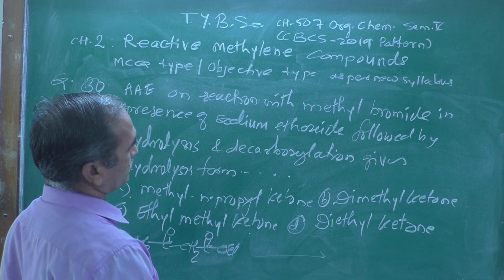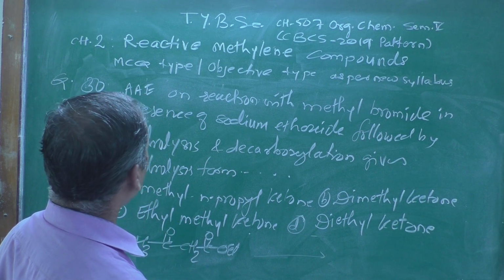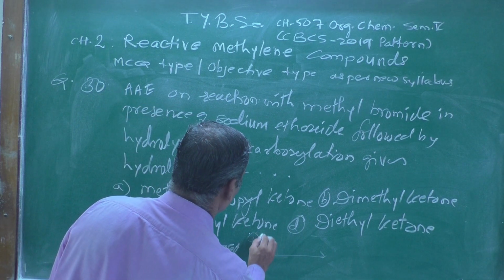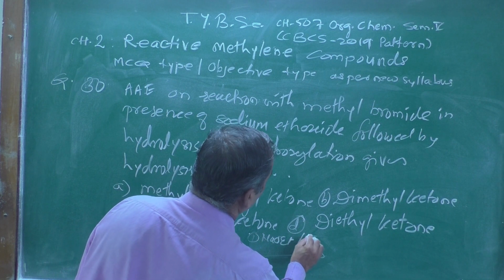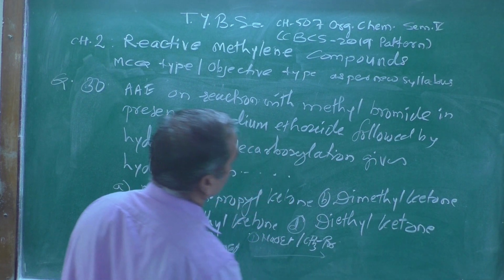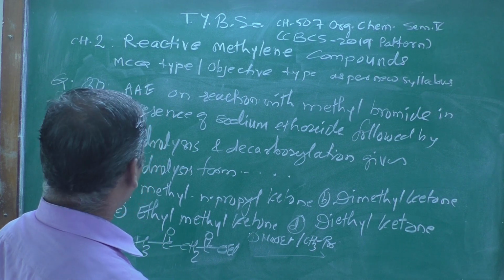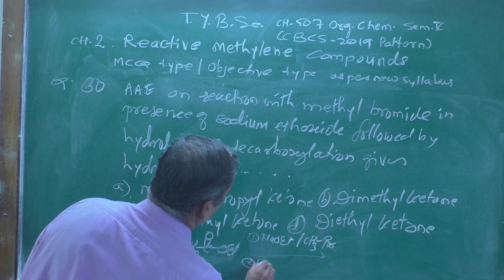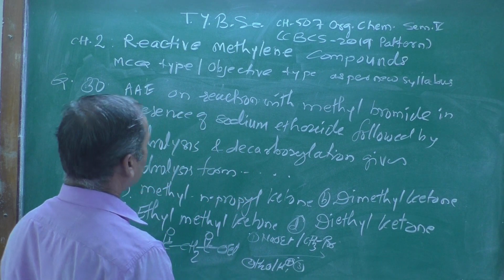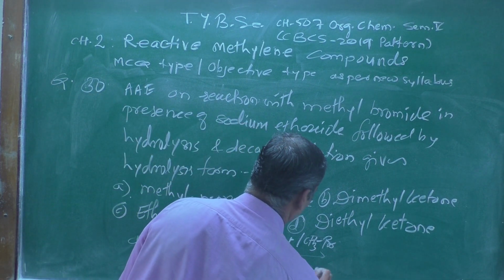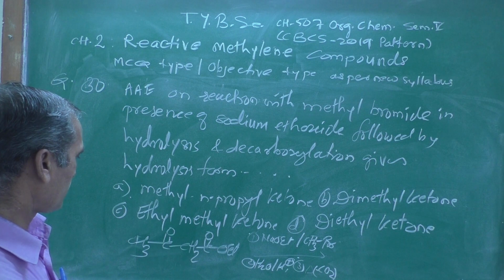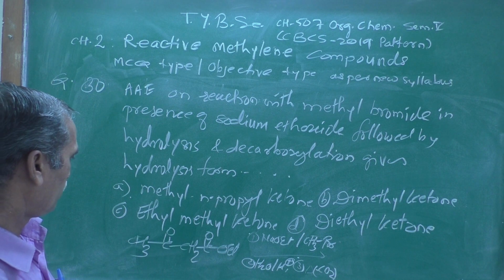Here first it will react with methyl bromide, which we can write as CH3Br, in presence of sodium ethoxide, NaOEt, followed by hydrolysis, second H2O in presence of H plus, and third decarboxylation. Just heat it, carbon dioxide gets evolved, and the resulting compound will be